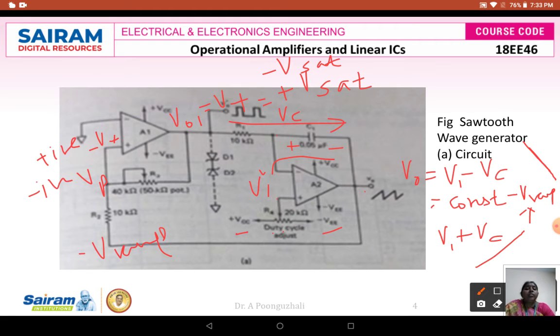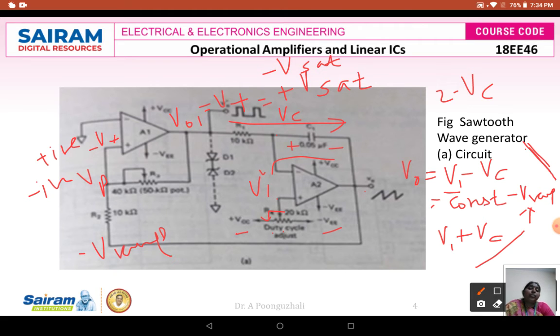If this voltage is going to be a positive one, suppose my R4 wiper is towards this end, that means it is a positive one. Suppose I take it as 2 volts, it will be 2 minus Vc. 2 minus Vc means the difference is not going to be more. In this case, this 2 volts will be attained easily, and I can see that my fall time can be reduced there. So my fall time will be reduced.